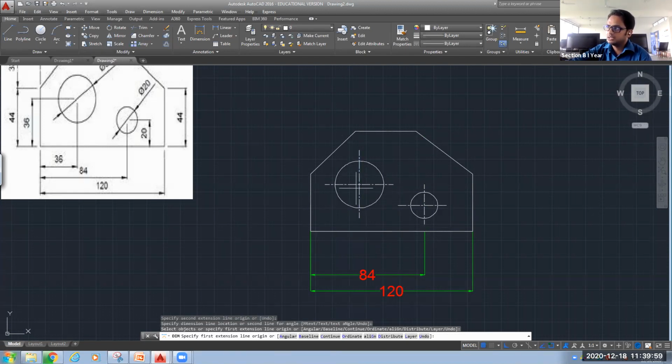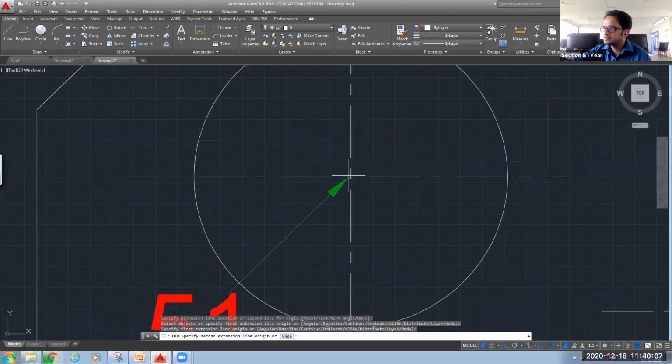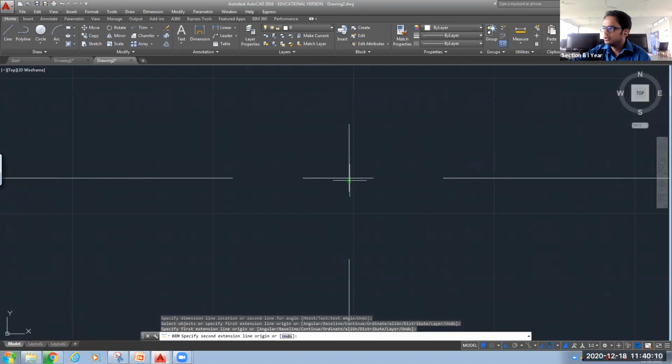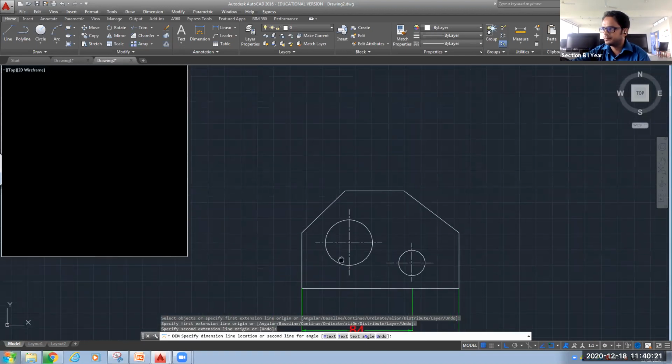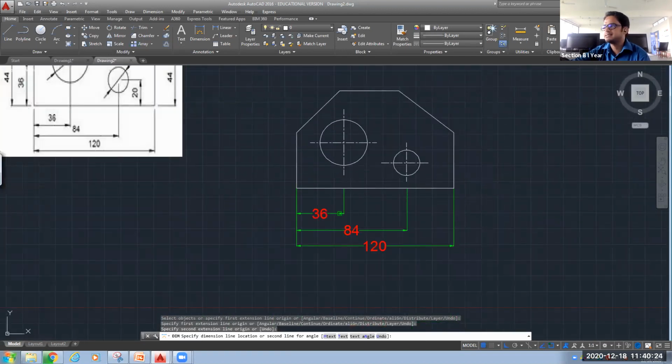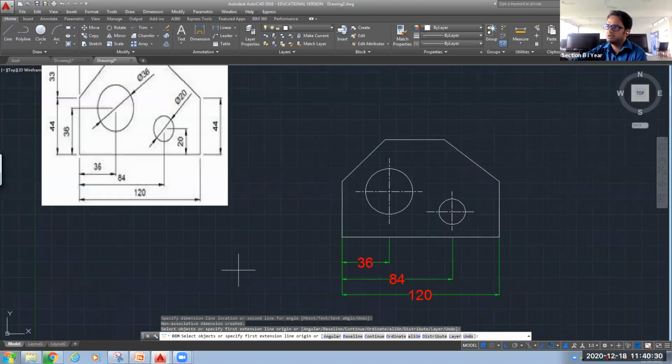Again, for this point also, we don't have the projection. So what I will do, I will select the first point. For the next point, I will bring my cursor to this point of intersection. You can zoom in to get the exact intersection location. It was 36, we know that. Click over there and you can now place it, 36. So once you practice this on your own, then you will feel more comfortable and confident also. In the same way,